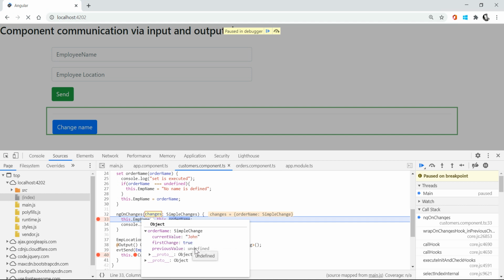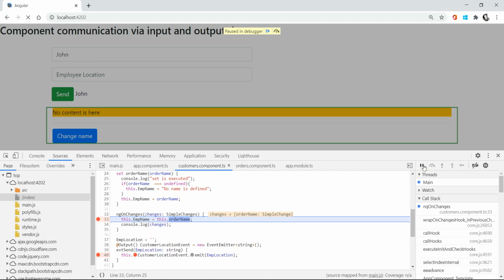Right now, the first time, I am appending the data from the customer to the customer component. So the first time there is no value, which means my previous value is undefined, because this is the first time I am doing it. Obviously the previous value is undefined only, and the current value is John.